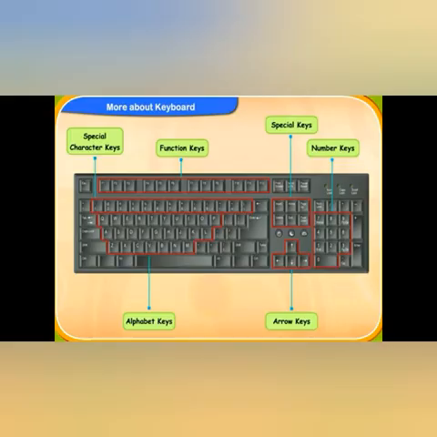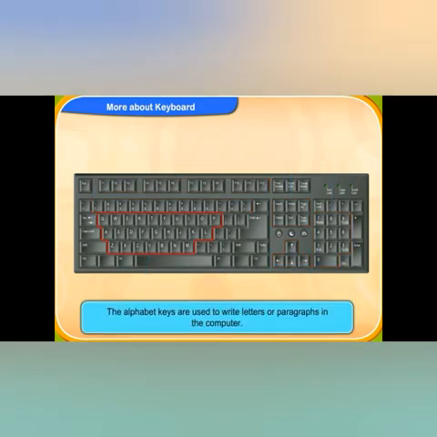But before saying goodbye to you, I would like to summarize all the things we have read. According to their functions, the keys are divided into six types. That is arrow keys, alphabet keys, special character keys, function keys, special keys, and number keys. Alphabet keys are 26 in number and are used to write letters and paragraphs in the computer.